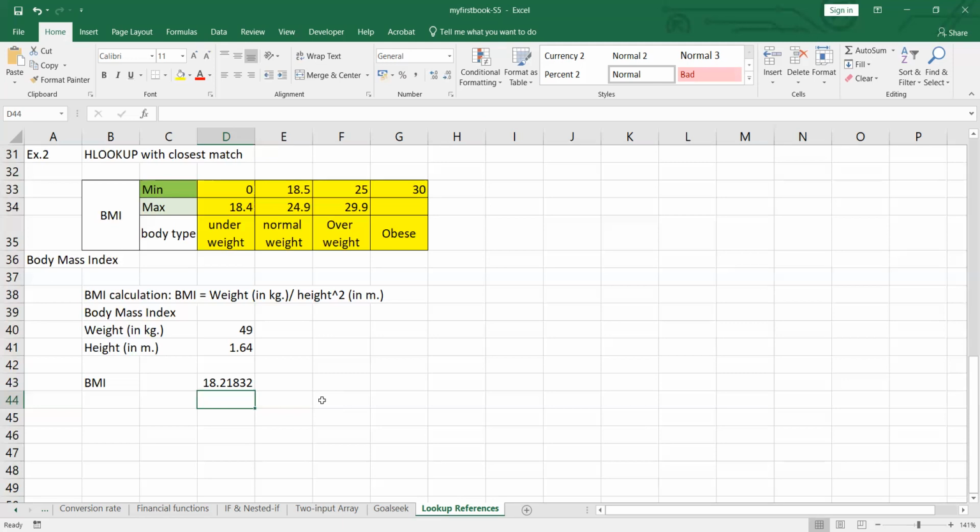Okay, so many of you answered that she's underweight. Now let's see how to read this table. For a person with a BMI from 0 to 18.4, the body type is underweight. From 18.5 to 24.9 is normal weight, and so on. So that's correct, this person is underweight. Now how can we use Lookup in order to show the underweight